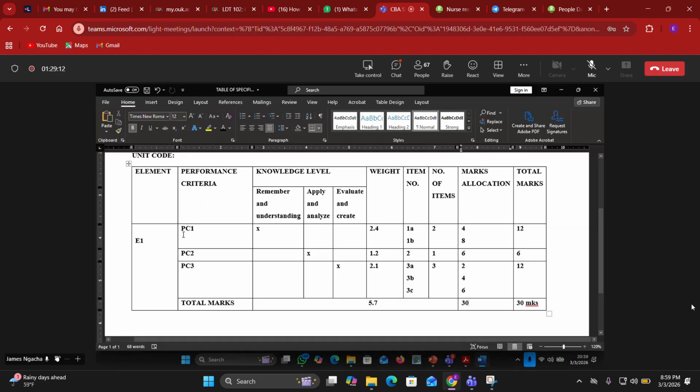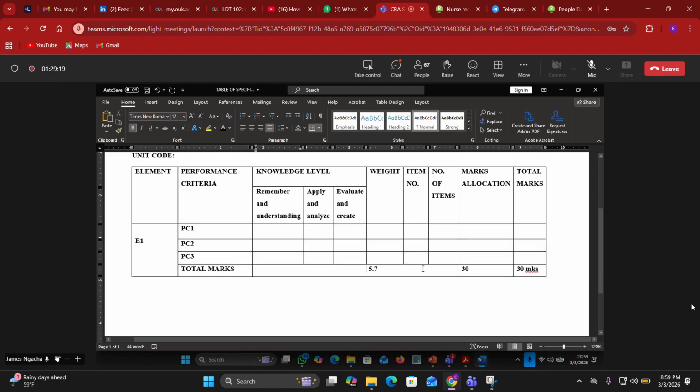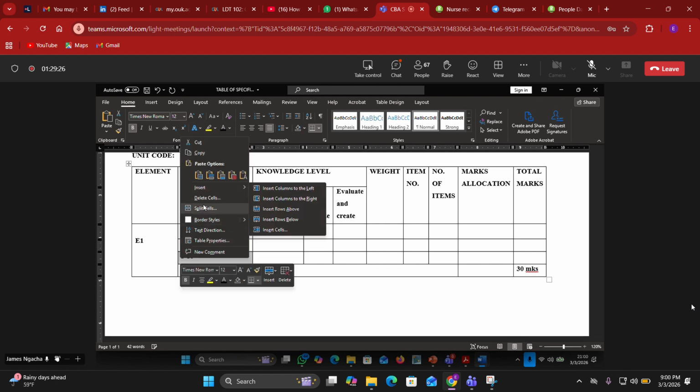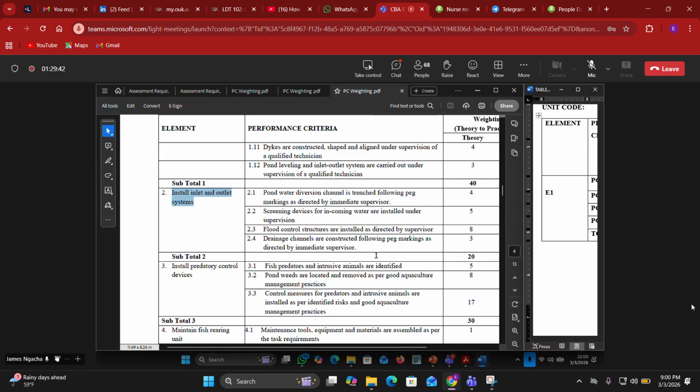I'll come here, maybe delete all these total marks, then add another column below, and I call it PC 4, for example. So under weights, if I extend that,